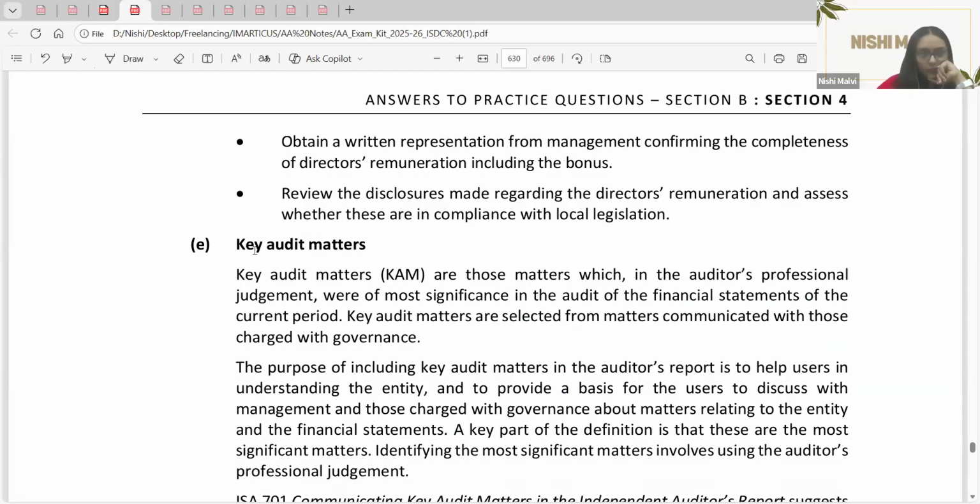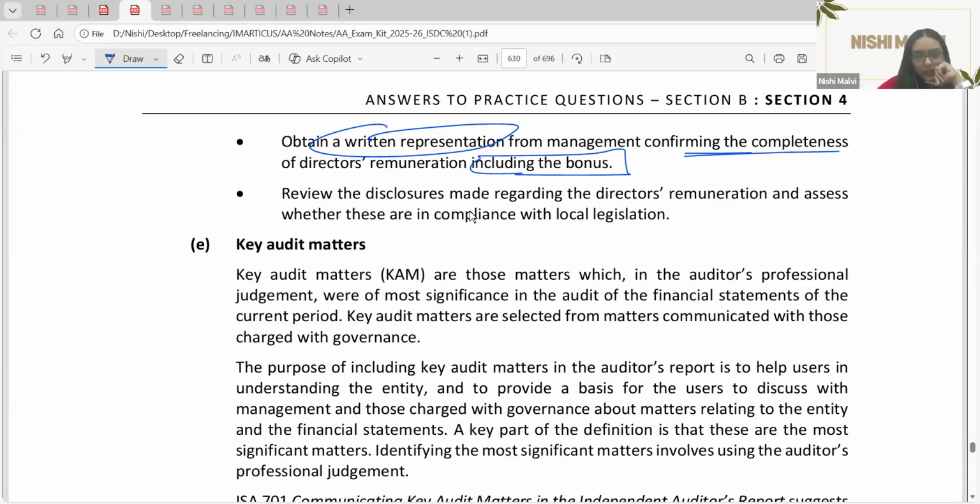Obtain written confirmation. Yes, you can take written representation including for the bonus, right? Usually I've seen mostly scenarios where the auditor cannot get more evidence, so they can take it. Here as well, they can take it. Review the disclosures made. Check for the disclosures regarding